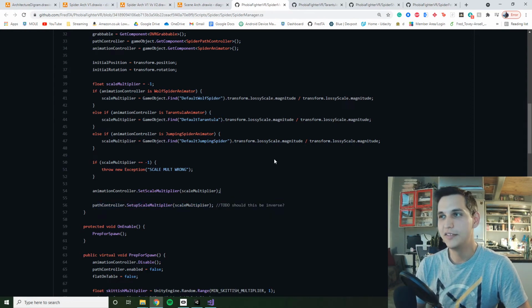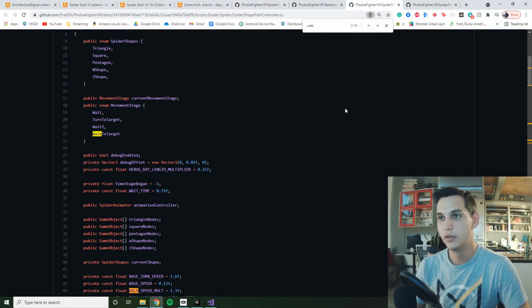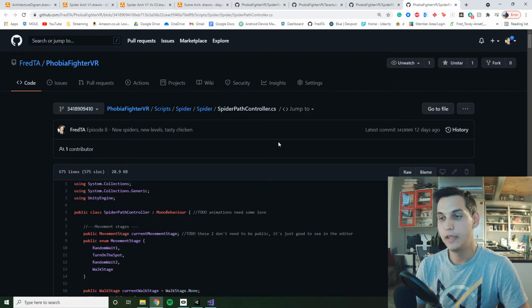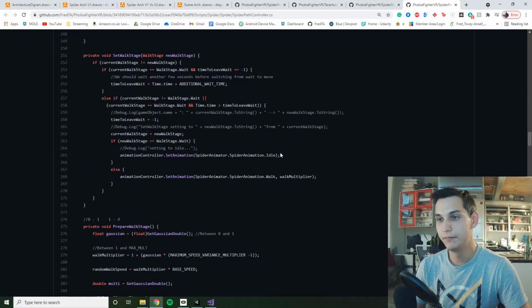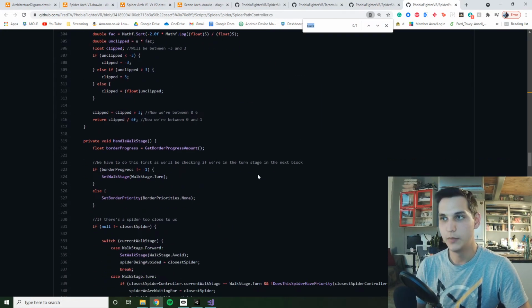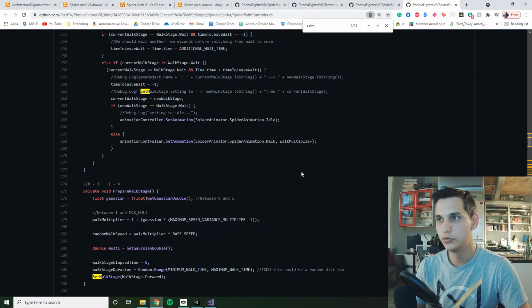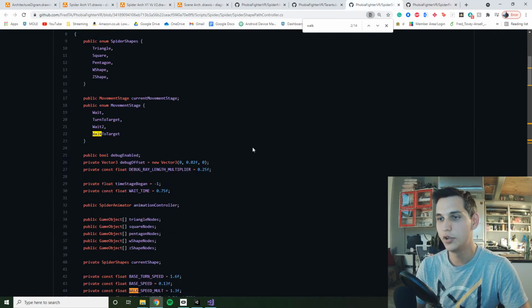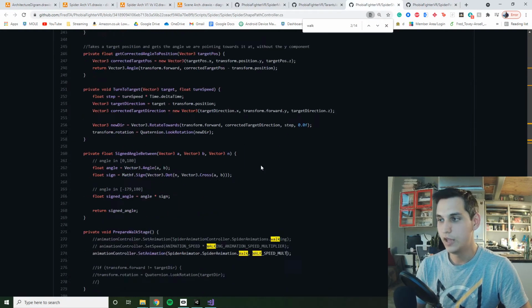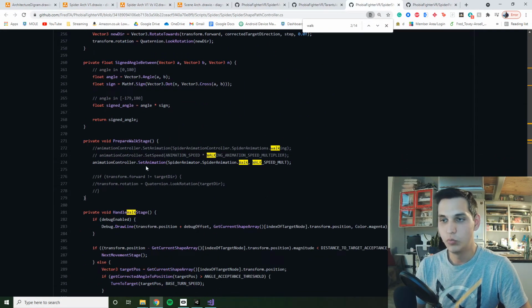So if we wanted that to work with the spider shape path controller, then we would need to either copy that whole functionality so that when we set the walk animation, is this the right file? No, it's not. Let's have a look in the actual right file. So when we set the walk animation here, then we can pass in the scale multiplier so that we animate